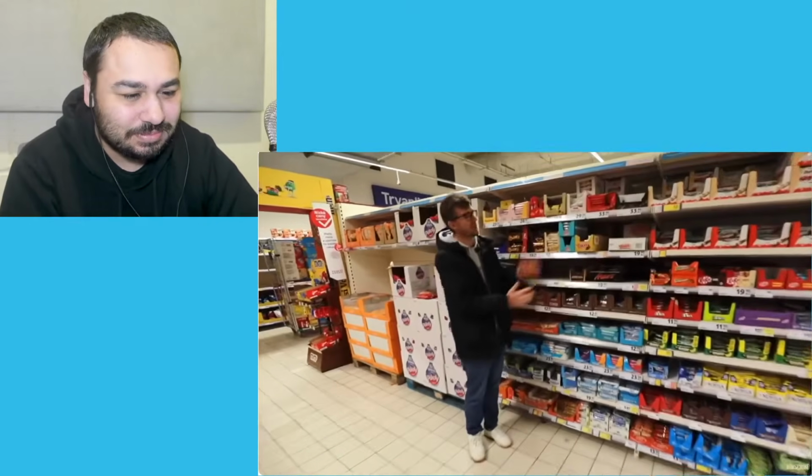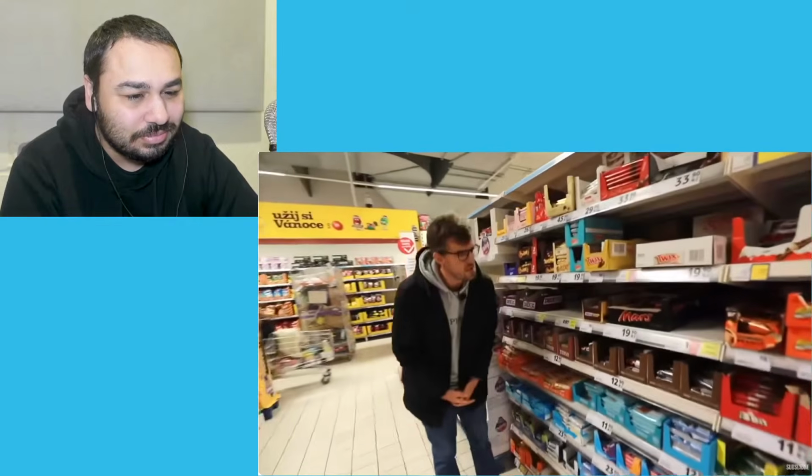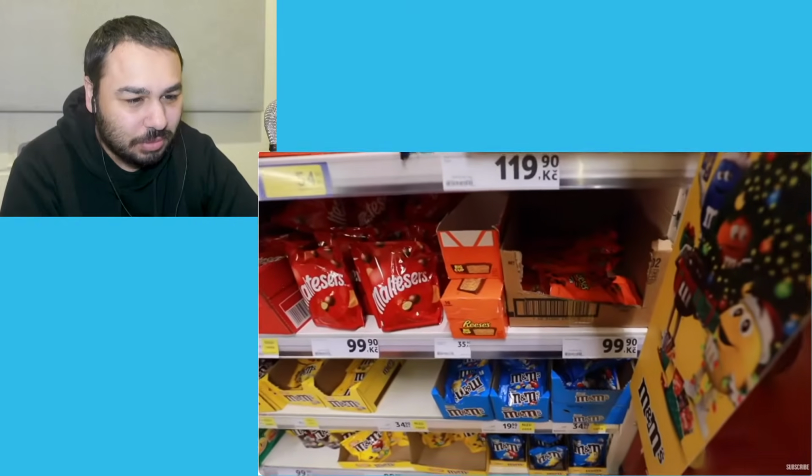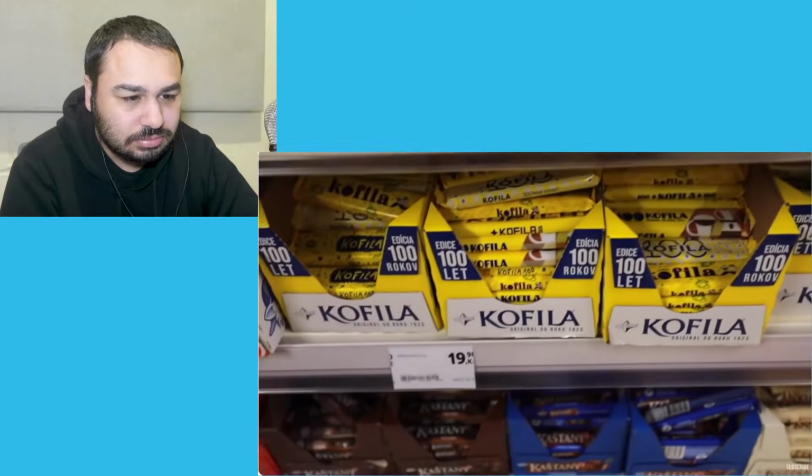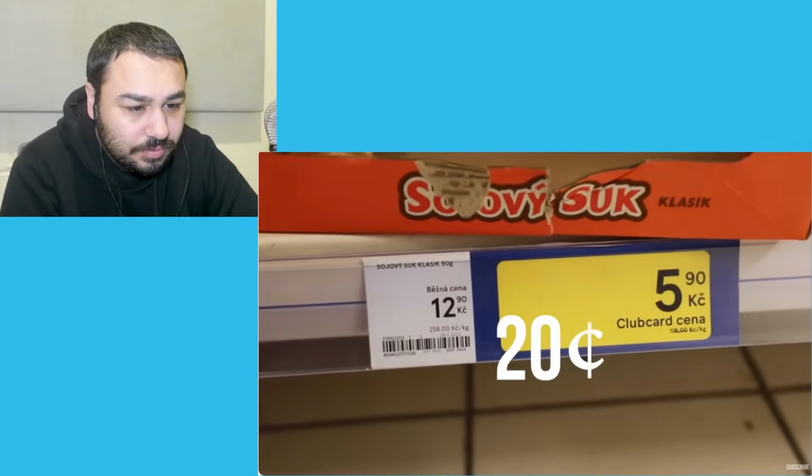And now the candy bar section. Well, at first glance, nothing really different, right? We got different Snickers, Maltesers, bars, M&Ms, yeah. Go lower for the better Mars stuff, across the banana stuff, down to the coconut, all the way down to something that costs only 20 cents,